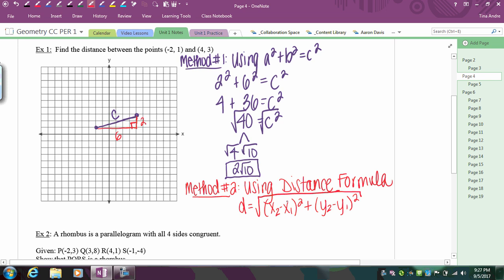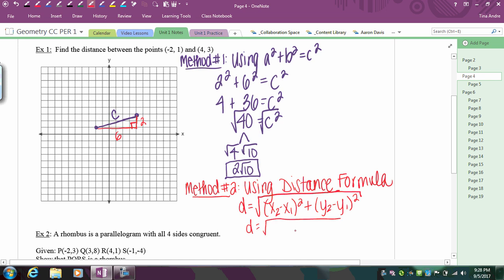And then if you think of it as the horizontal change, which is 6 squared, plus the vertical change, which is 2 squared, equals c squared, and then we end up square rooting it, which is how we end up with d equals the square root of the change in x squared plus the change in y squared. So to plug into that, just to practice using it,